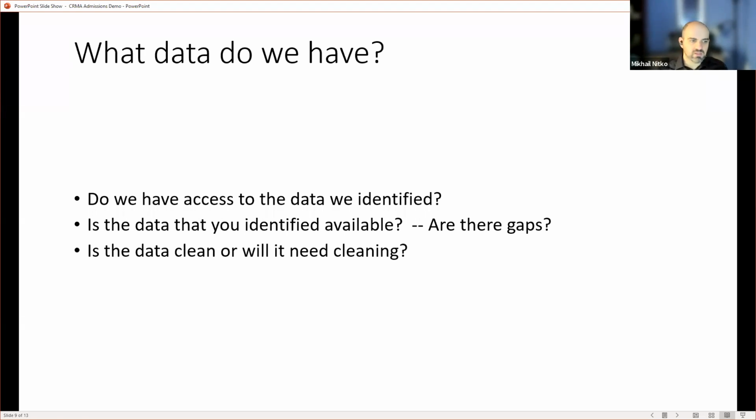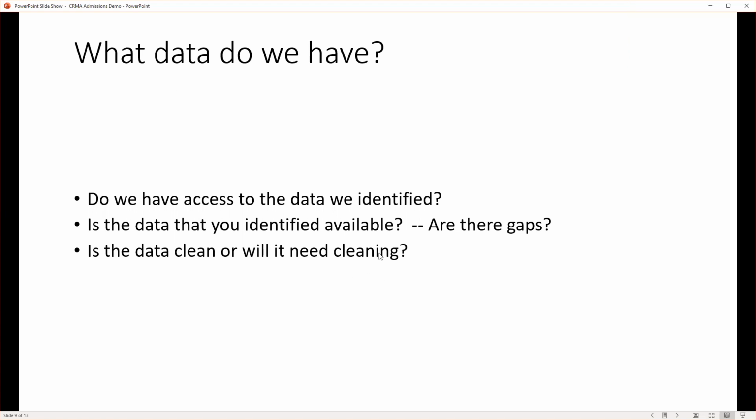And the last part is, is the data clean or will it need cleaning? This is self-understood. Fields constantly change names, new pick list values appear, disappear. Things get renamed, whole fields get renamed, field types get changed. And for admins here, I'm sure you remember all the different field types that if you change them will erase the data that's in them, and what field type changes will retain the data, and what field type changes will erase the data when you change it. I hope that you remember those, because that's in your admin exam if you haven't already taken it.